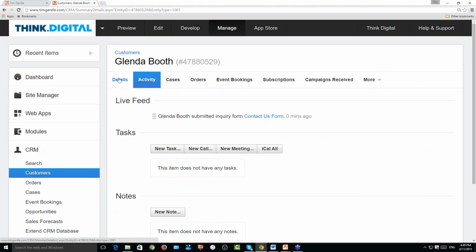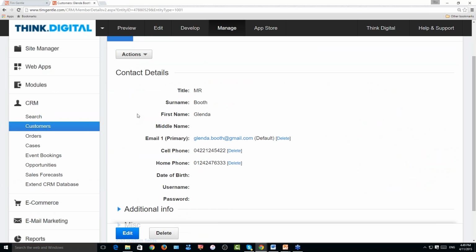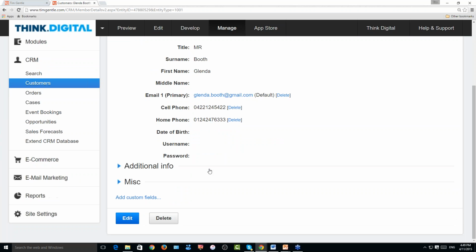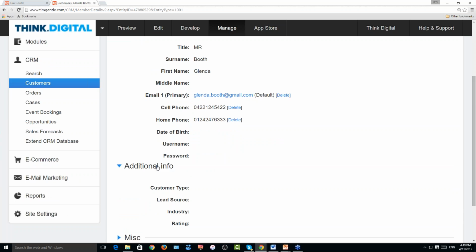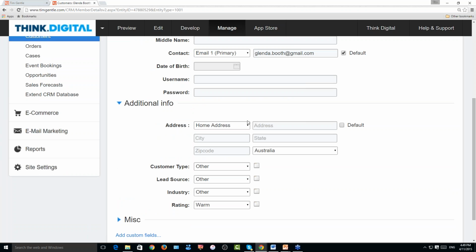And if I want to, I can scroll down. I can click on details and scroll down and I can see that Glenda has added her own details to my CRM. Now I can go in, if I know a little bit more about Glenda, and I can add this sort of information. By clicking on edit, I can add her home address,